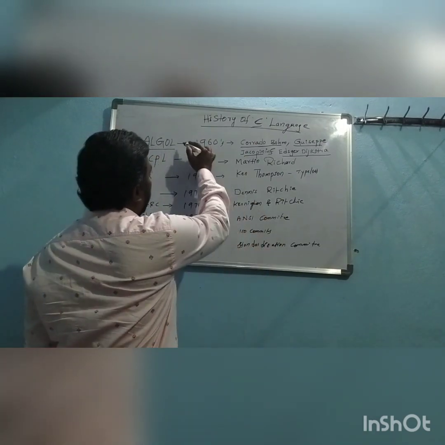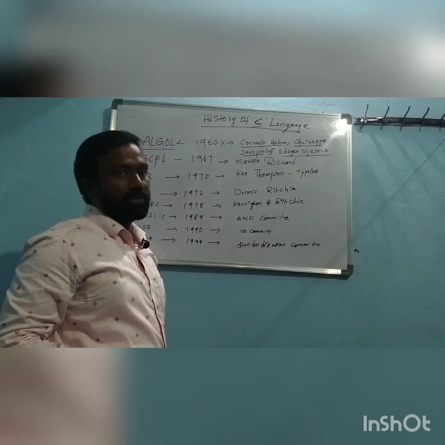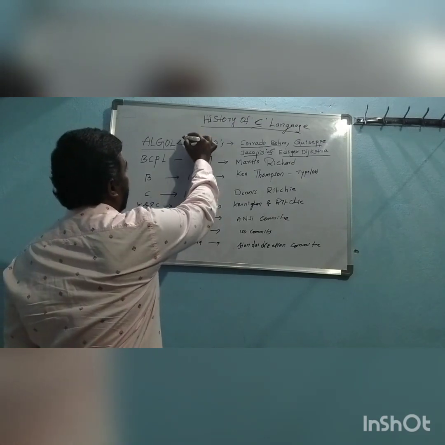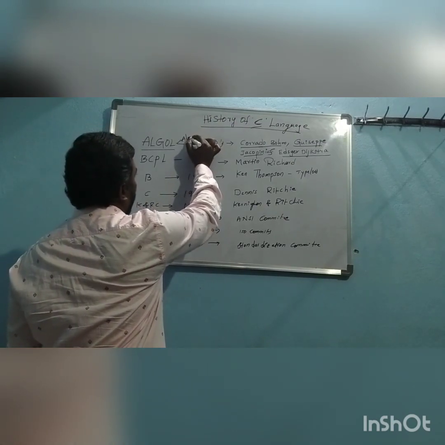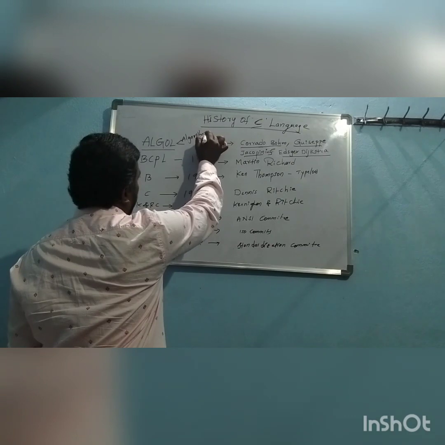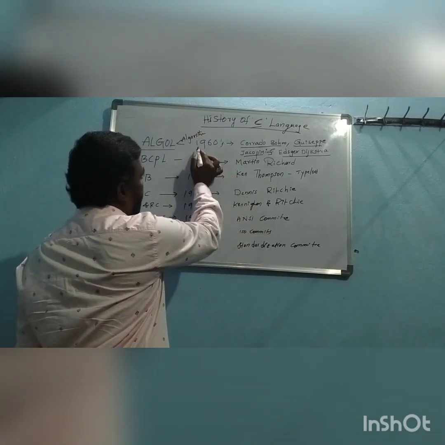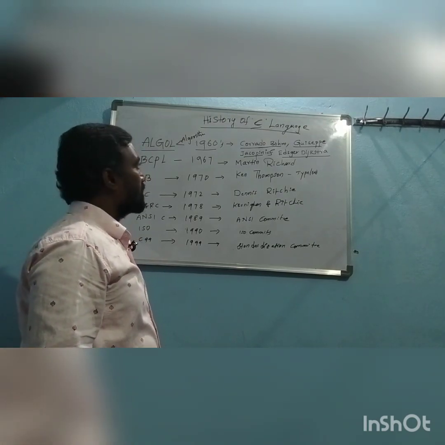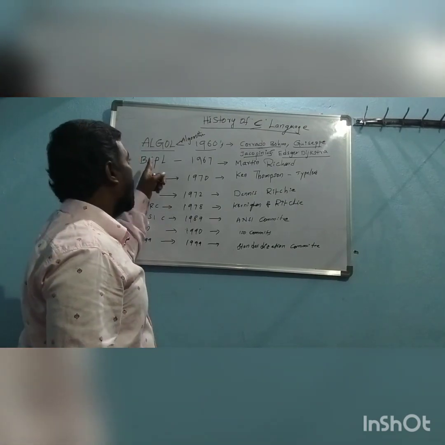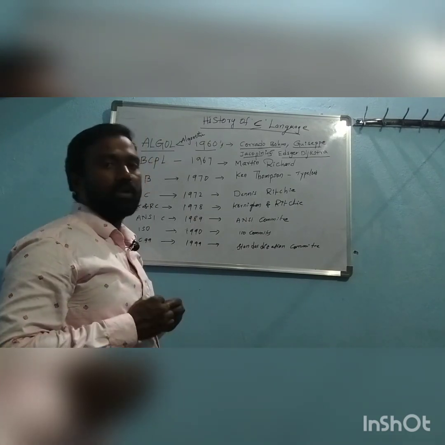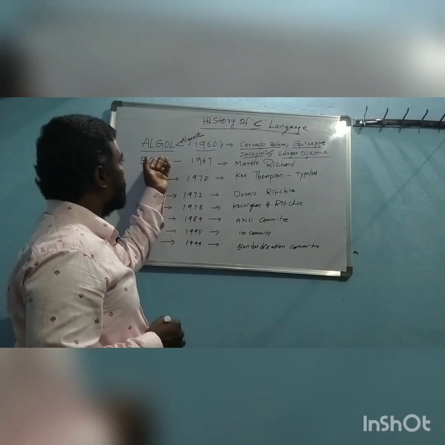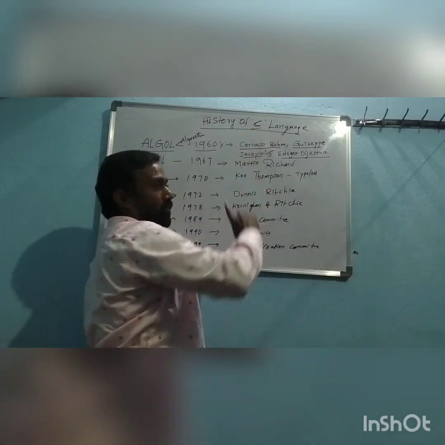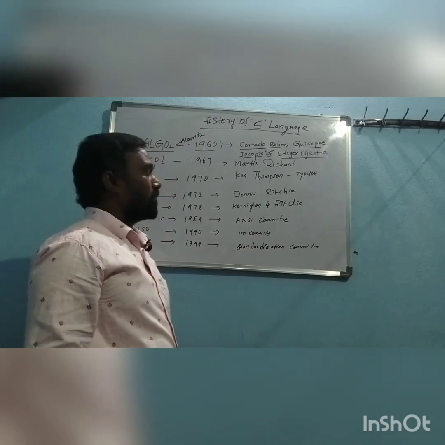What is meant by ALGOL? ALGOL means algorithmic language. It is a structured programming language. So this is the starting and basic programming language related to C. Clear? So the next one,